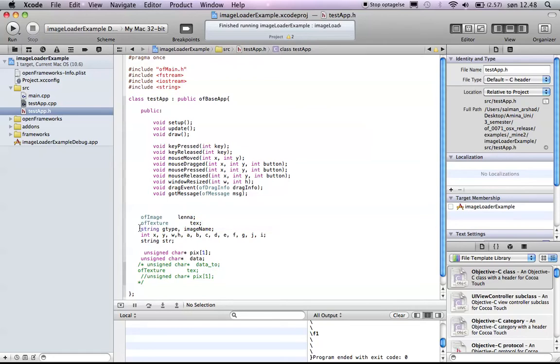Then I've created a string and an integer that have values, another string called str, and two unsigned chars for the pictures, and here they are declared.